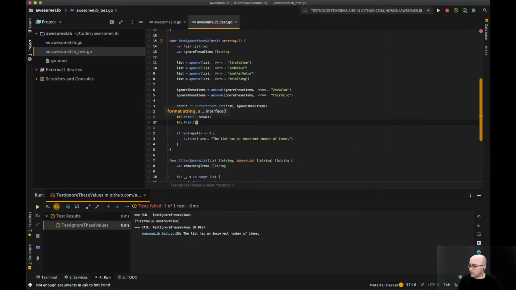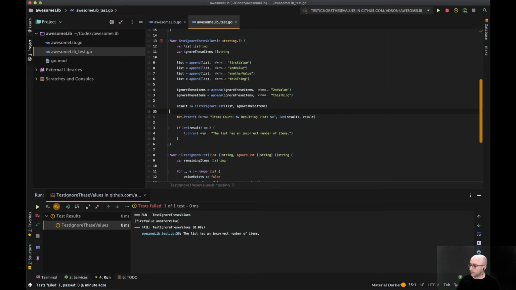So the items count, put that in, and then the resulting list, and then we can put in the length of result, see what that is, and then print out the result itself, and let's see what we get.